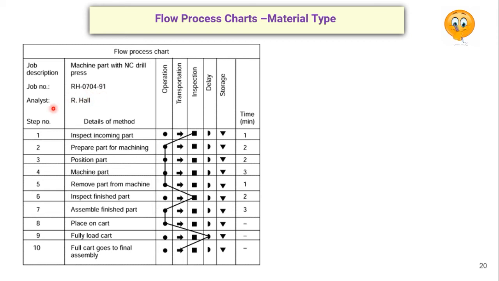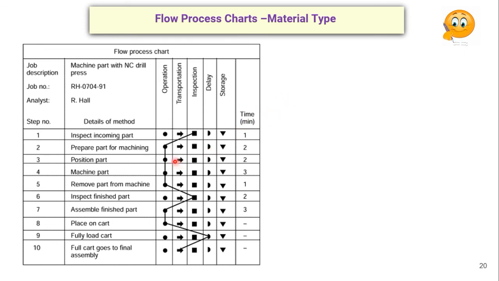Then job number, and the name of the analyst. Then whatever the operations, meaning steps: operation symbol, transportation, inspection, delay and storage. These are the 5 symbols, so 5 columns. And one more thing is added: the time. Somewhere you find the distance also.